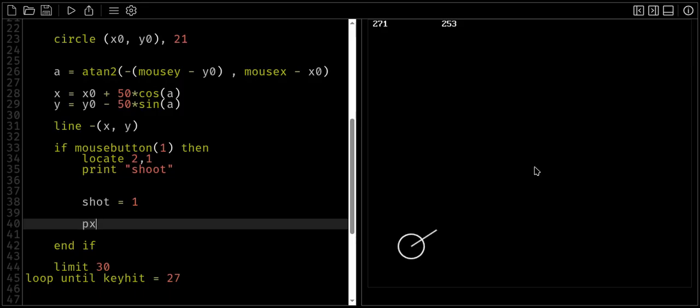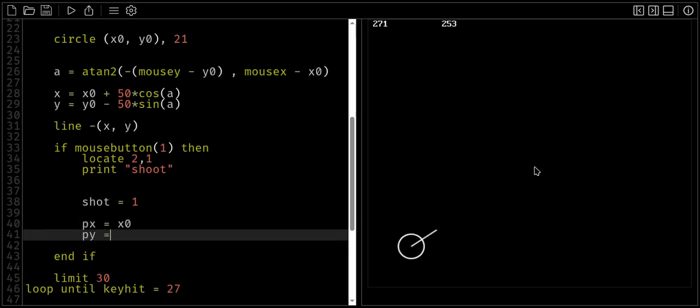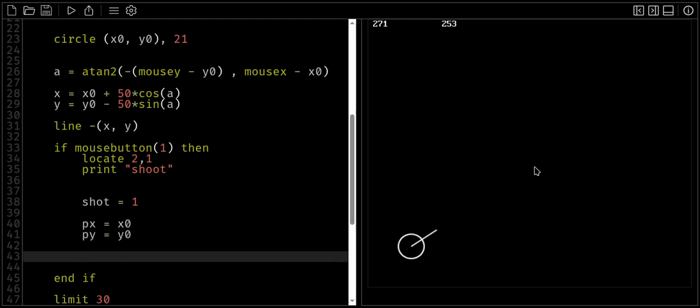And this will be the projectile coordinates. And the projectile velocity. Let's say maybe